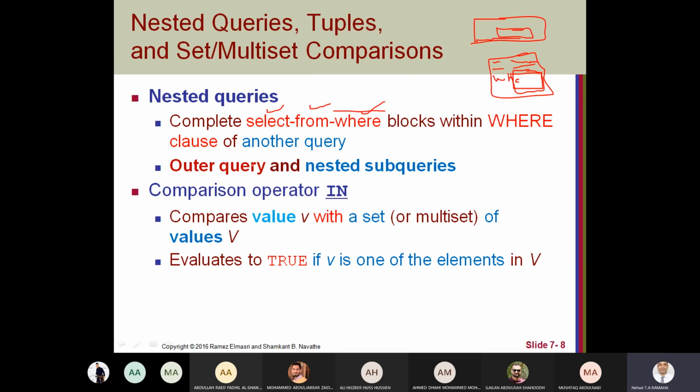So we have the outer query or parent query, and inside it in the where clause we will have a nested subquery, or queries if we have more than one. In this case, we know that the where clause has a comparison,